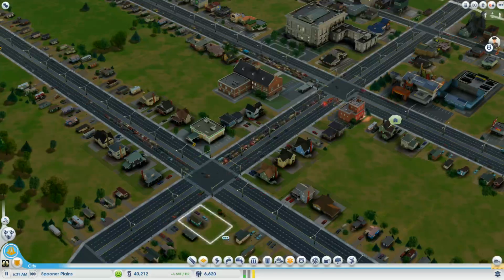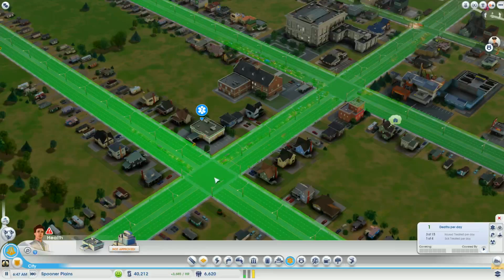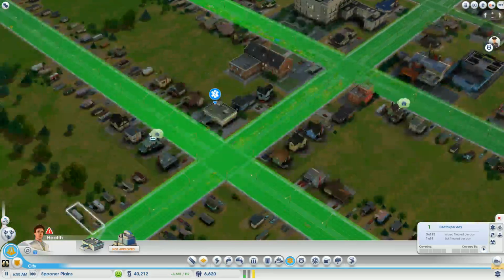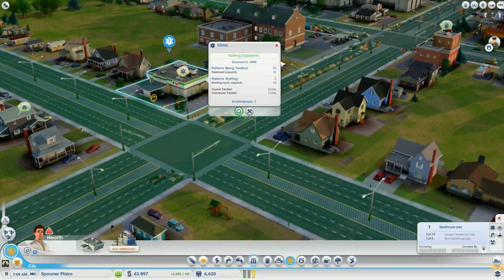Looks like we got a fire going. Lots of injured Sims, but I finally have a death. But I still have lots of capacity here. Where's my clinic? Yeah, my treatment capacity is full, but I still have lots of room in my